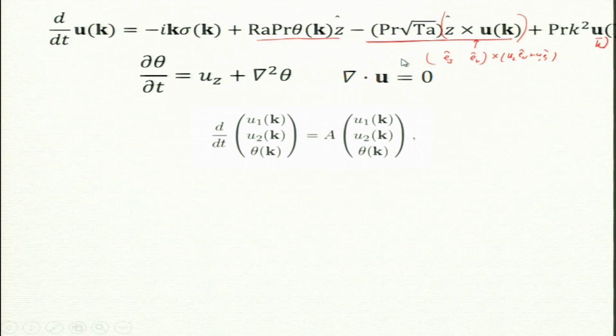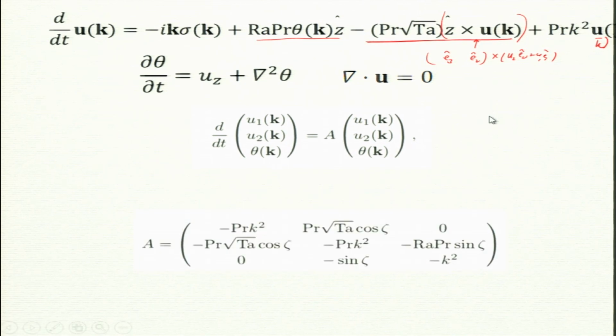Now, U1 will not decay. So, now of course, I have to tell you what is A. A is this matrix. So, I have U1, U2, theta, all three of them there now, and A is this matrix. Earlier, my U1 was basically these two guys were 0. Remember this one? This was not there before. So how do we remember?